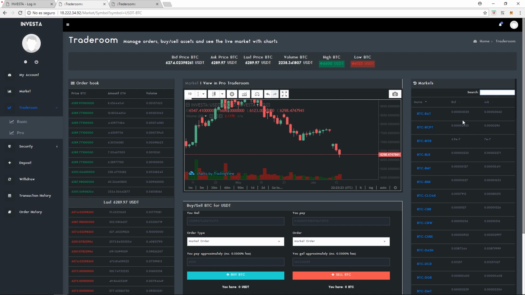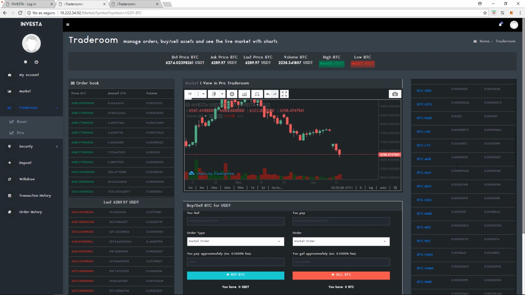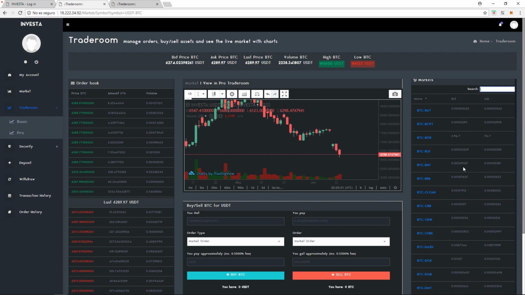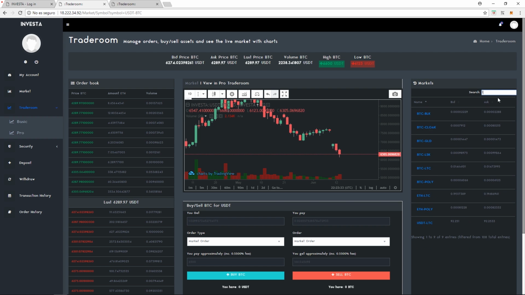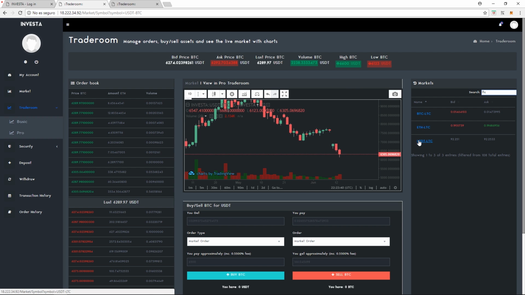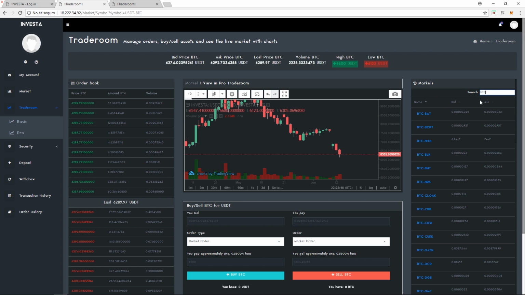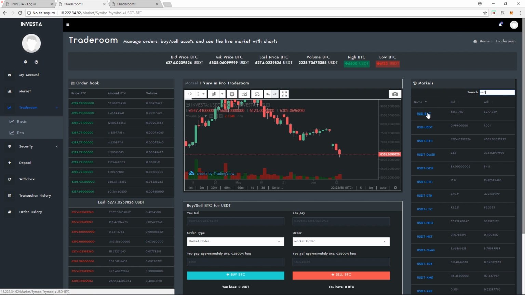You have all of your pairs to trade on the right side of the screen. You can go all the way down, or you can just type the pair you want to trade. So for example, for Litecoin, you have Bitcoin, Ethereum and dollars against Litecoin. If you go back to Bitcoin and we're going to do dollar to Bitcoin and you click it,